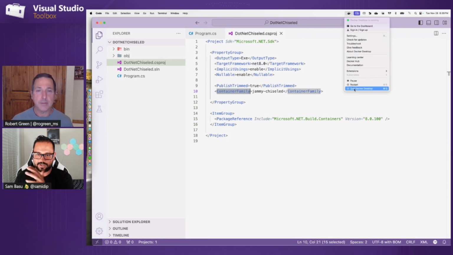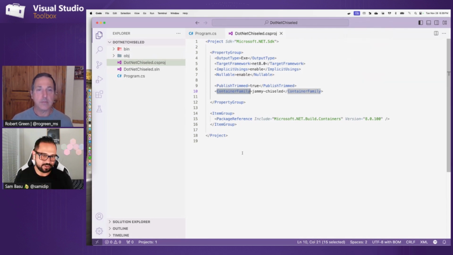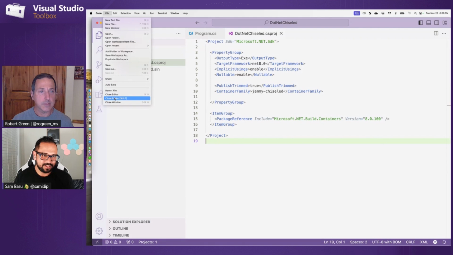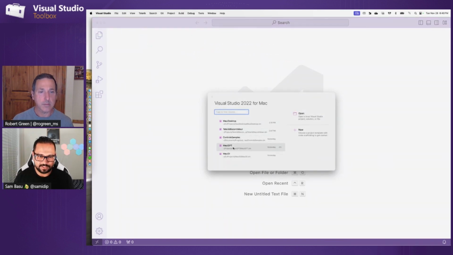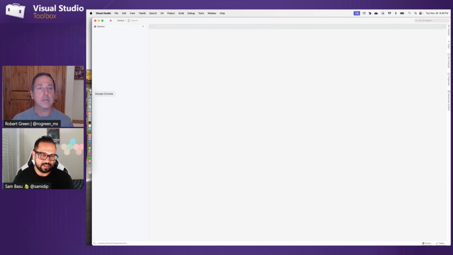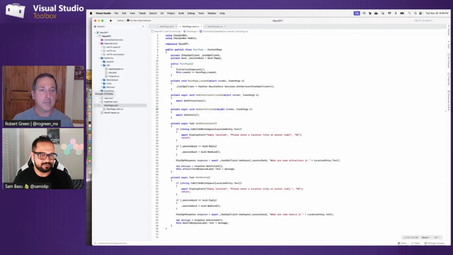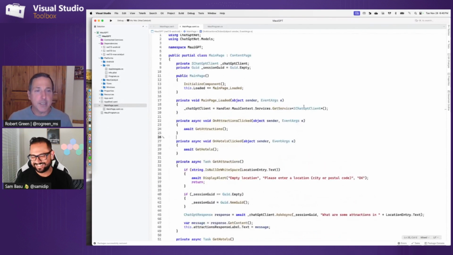All right, so I'm going to quit on Docker for a second, and let's look at a different app because, again, AI is everywhere, right? So let's switch gears here a little bit. I like some AI. In fact, I already have it open in Visual Studio, so I might do that. So let's do this. So what's your favorite AI tool of choice these days, Robert? I'm pretty partial to that ChatGPT.